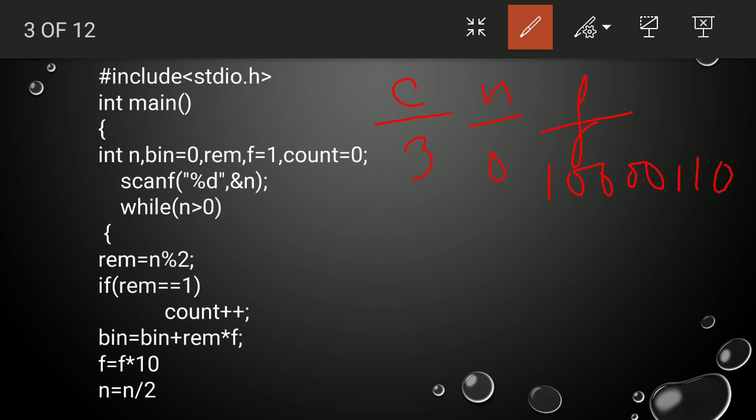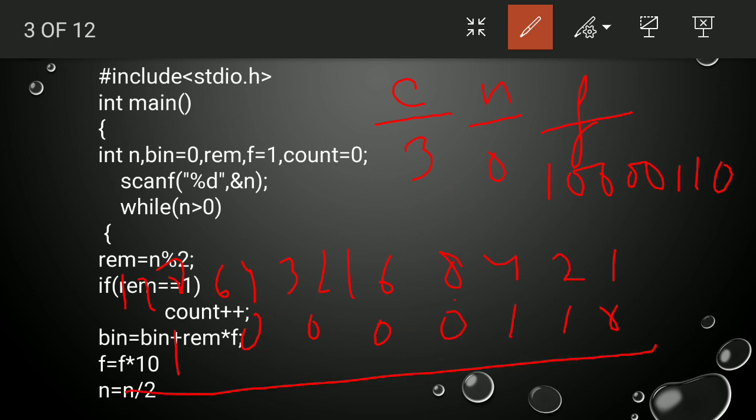Same thing, if you remember, we have 1 2 4 8 16 32 64 128, and we have written 1 0 0 0 0 1 1 0. In the same way, what we have is a binary number, so this contains the binary number of the decimal number we had initially, that is 134.